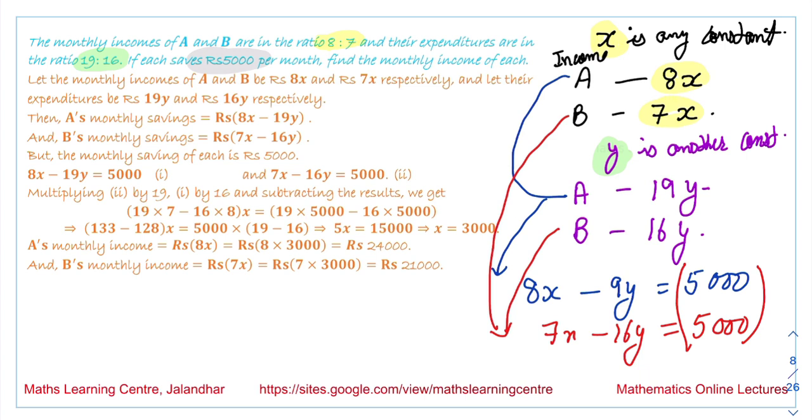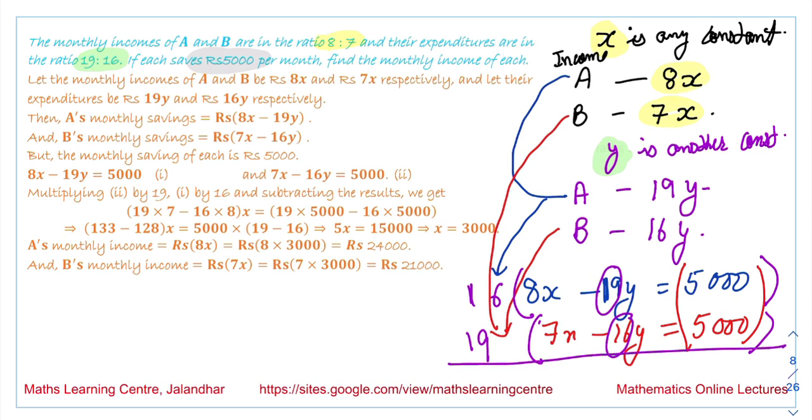Now to solve these equations, we are going to multiply the first equation that we have, this is not 9, this is 19 over here. So we are going to multiply the second equation with 19 and the first equation with 16. And we are going to subtract these two equations. On subtracting, these two terms will get cancelled out. And what we will be left with is